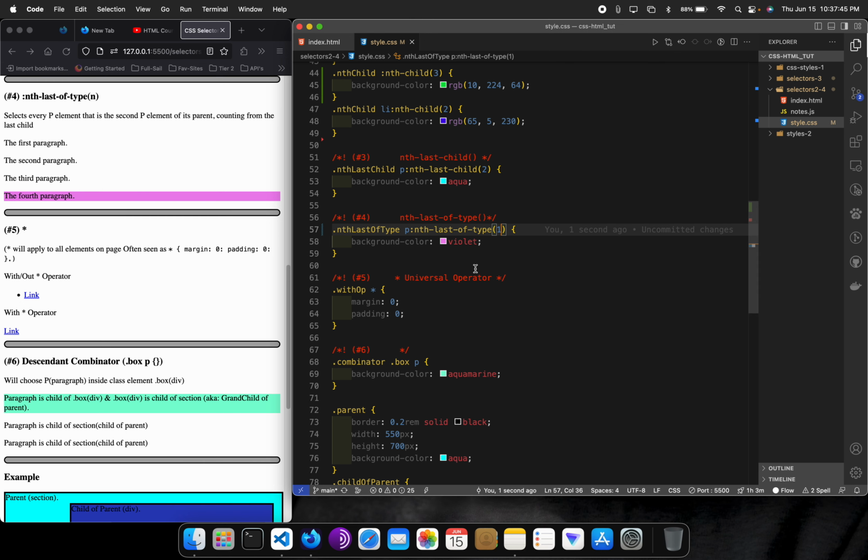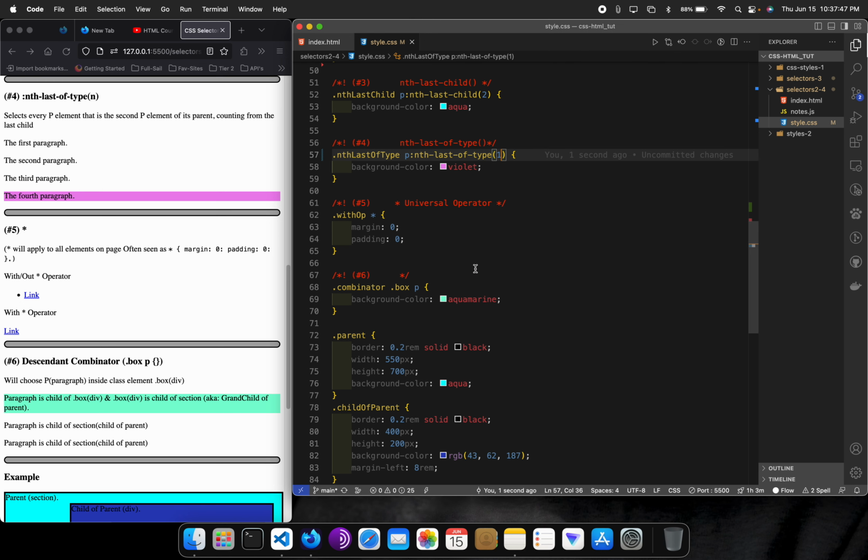Okay, now we have our universal operator, which a lot of times you'll see star at the top of a style sheet, margin, padding 0. Okay, so I figured I'd show you what it looks like. So this is without the margin and padding 0, without the universal operator, which makes the whole page or a certain section, okay,